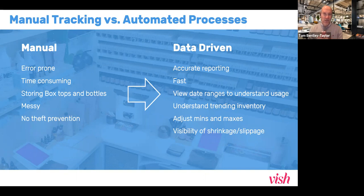Okay, so Vish actually deals with everything that you're dispensing. So therefore you can produce your report and see exactly what you've used over any given period of time. So it's very fast and it's very accurate. You can view a date range to understand the usage, and you can understand trending inventory as well during that period. And adjust your minimums and maximums on your point of sale very quickly on the basis of that. So rather than having to go and do a full stock take, which may take hours,